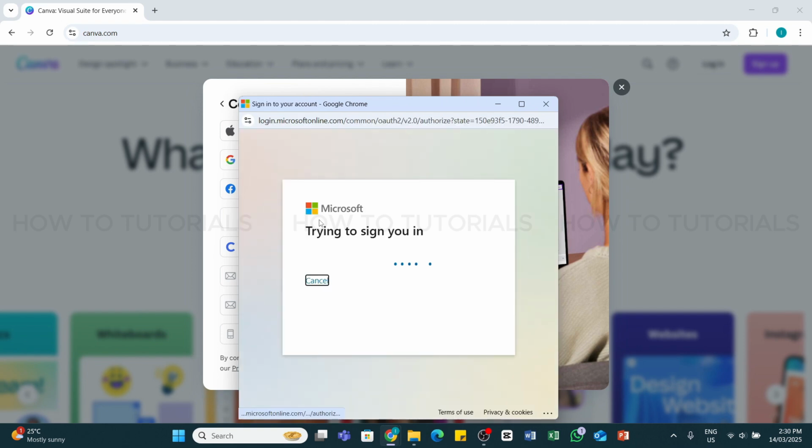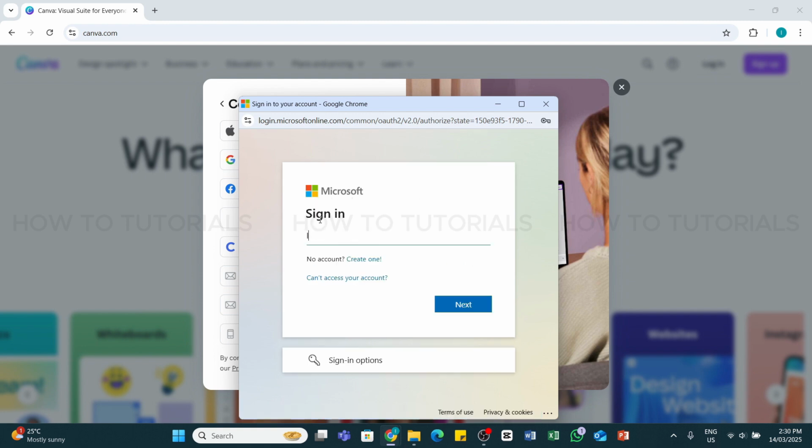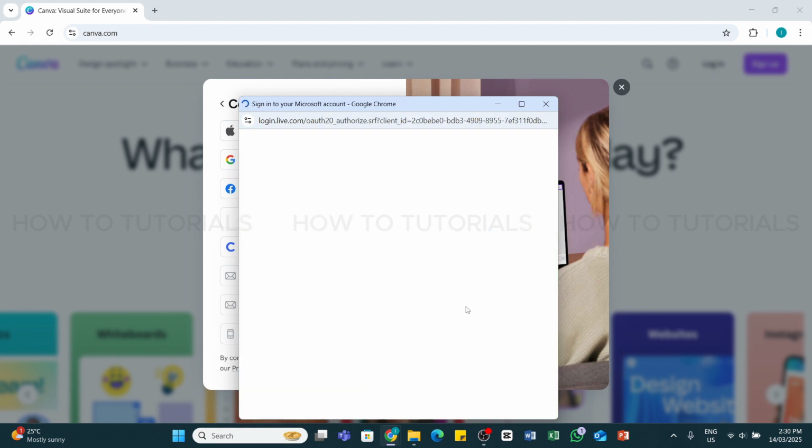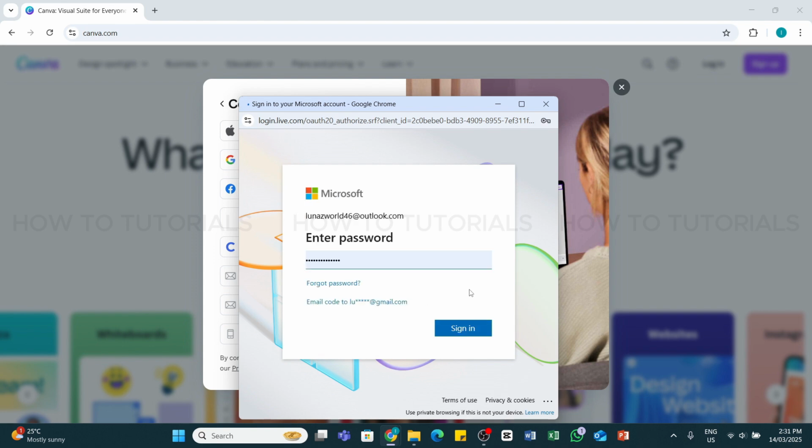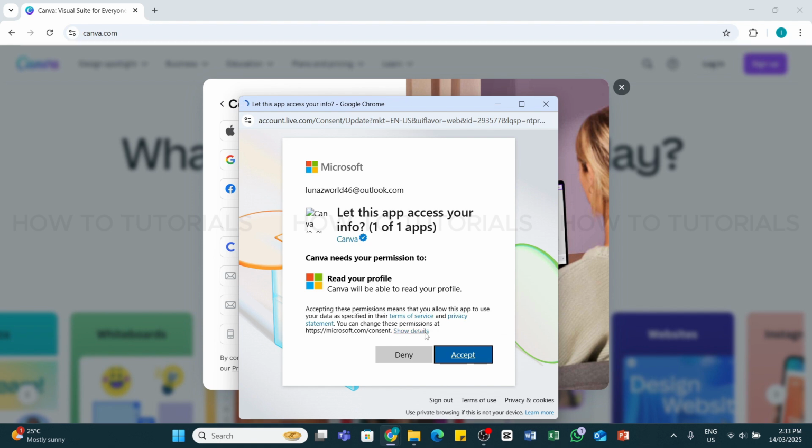Here you will need to enter your Microsoft account credentials such as your email and password. Enter your email address in this field and then click on the next button below. You will also need to grant permission for Canva to access your Microsoft account if prompted. Make sure to enter the correct password in this field and then click on sign in. Here you will need to authenticate the permission, and once it is authenticated, you will be logged in to your